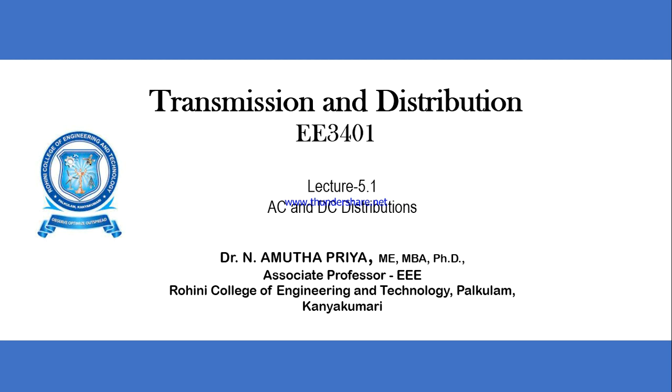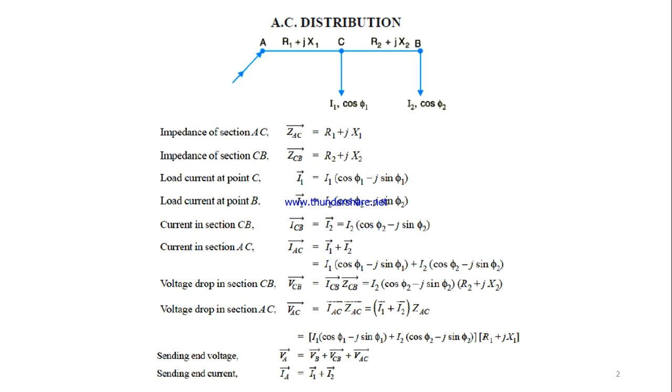Now we are going to discuss the AC and DC distributions. While considering an AC distribution line with a singly fed line, here represented as ACB, let us have a feeding point A, and we are tapping the voltages or current from the points C